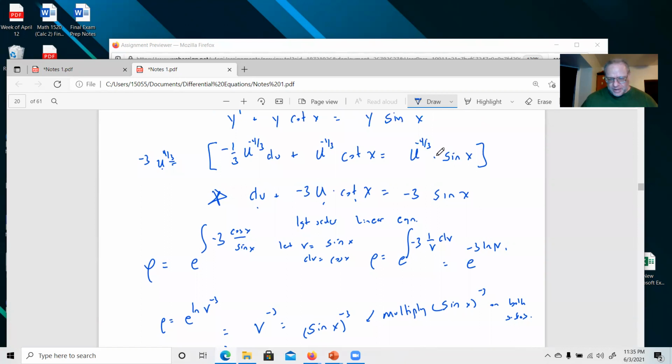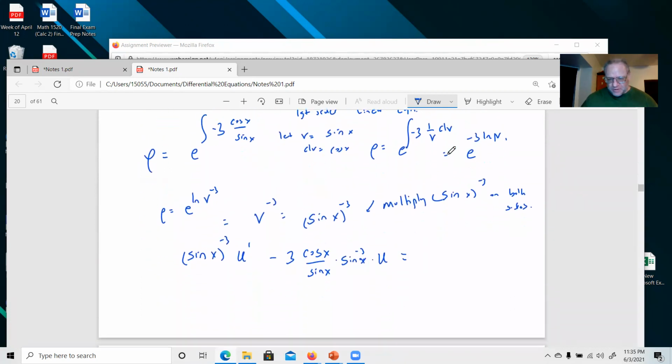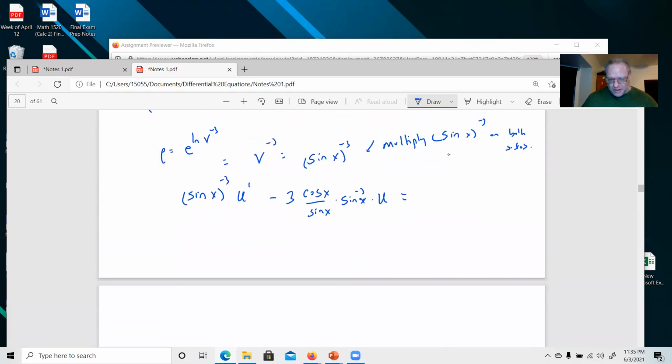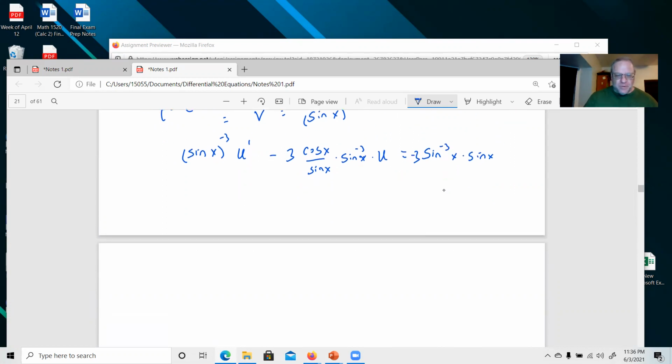All right, and then equals, on the other side here, we're going to have a sine x, and we're going to have sine to the negative 3x times, oops, there's a negative 3 here, isn't there? Times sine x. I think that's our set there. Okay, delightful. So I'm just going to clean this up a little bit because two reasons. One, kind of want to see what we're working with here. Two, I think it's really important that